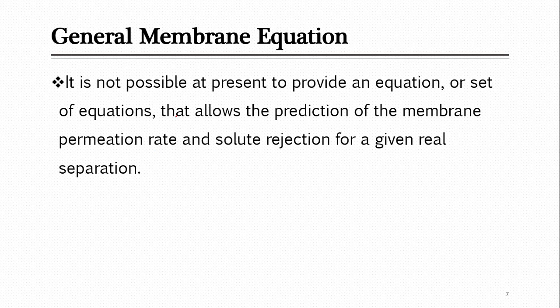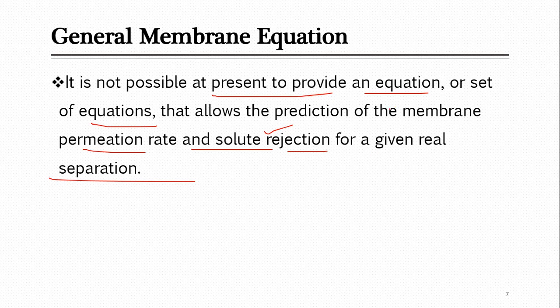If we are designing any system, or looking at some membrane separation system, maybe you can think that we should have only one equation that can give you the information about the amount of permeate, how much permeate you will collect, how much will be retentate, or how much separation takes place. Maybe such an equation is not possible to get. There is not only one equation which can provide you all the information for permeation rate, solute rejection, or anything else for a real separation. So you don't have any one equation or a set of equations which can predict directly how much will be permeate and solute rejection, but